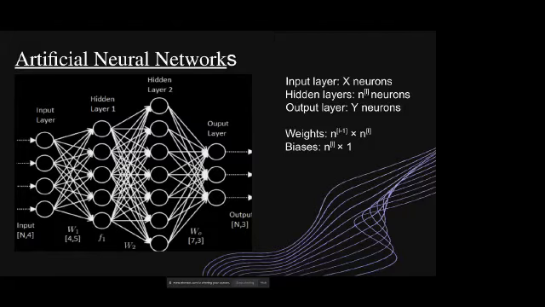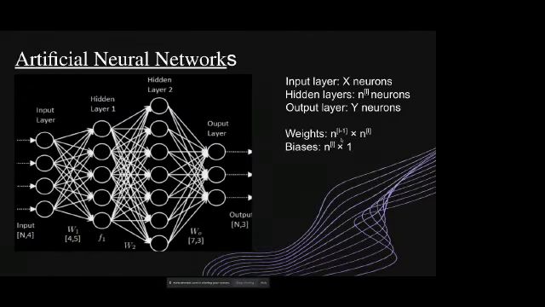Then comes the bias part. Why do we need a bias? The bias is like the intercept added to a linear equation. You just change the position, but the thing remains the same. It's like an additional parameter in the neural network, which is supposed to adjust the output along with the weighted sum of inputs to the neuron.